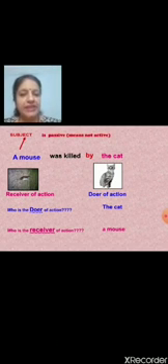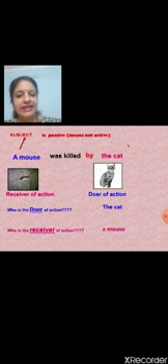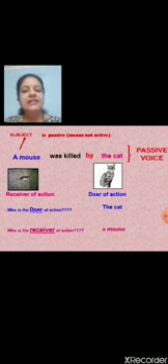So, it means the subject is not doing action here. The subject is just passive, means the subject is not active. So, in that case, the sentence is said to be in passive voice. When the subject is the receiver of the action, when the subject is passive, it's not doing any action, we say the sentence is in passive voice.